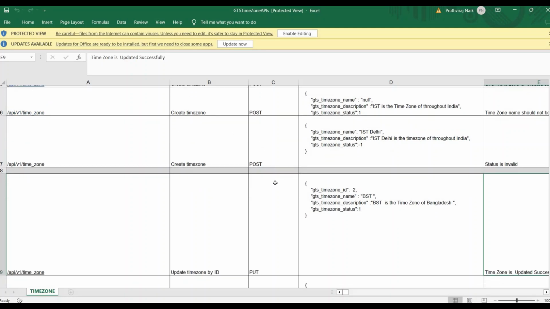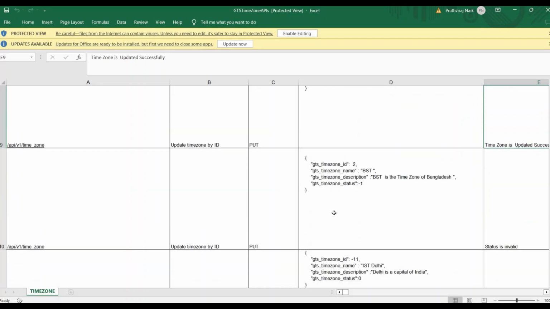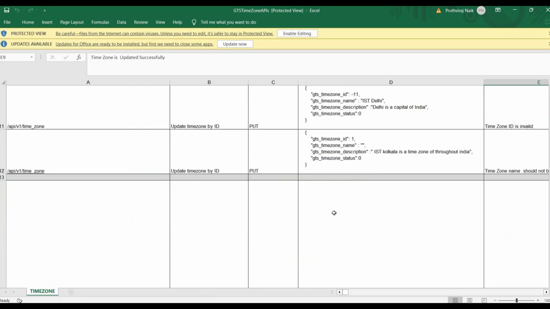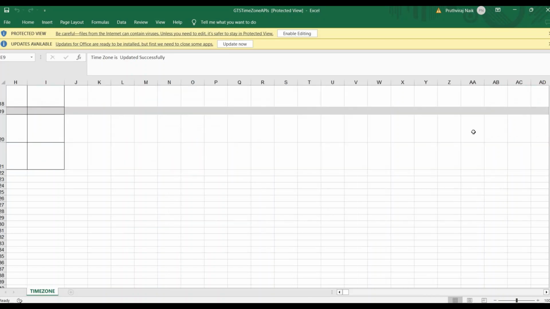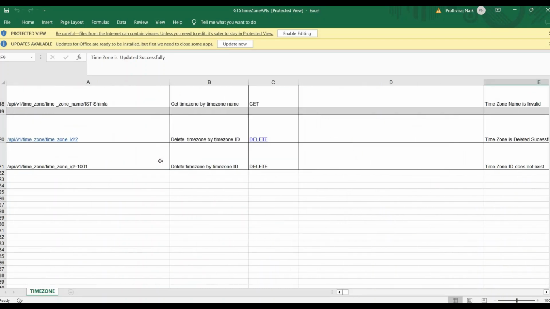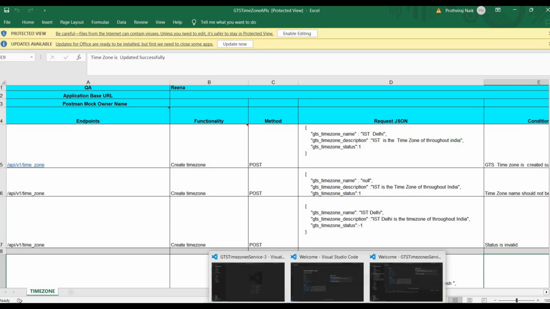The POST method means creating a new one, the PUT method helps to update, the GET method retrieves the data, and DELETE deletes the time zone which is selected. This is the API design, which helps to solve the problems. And the next is